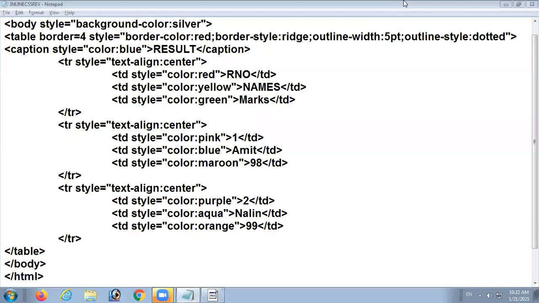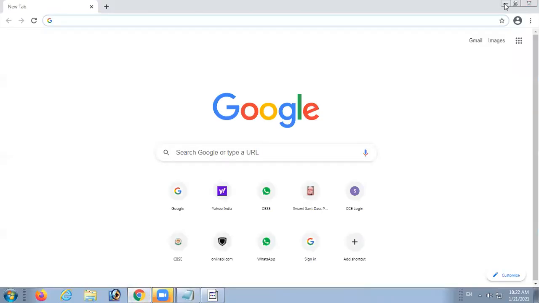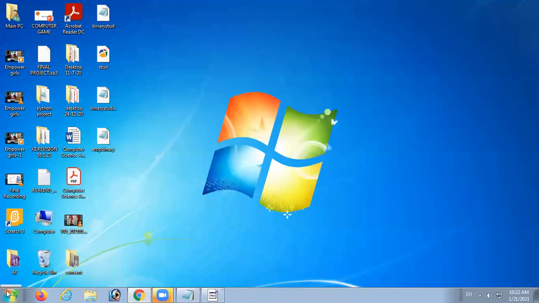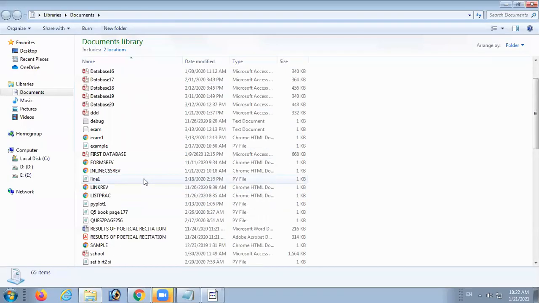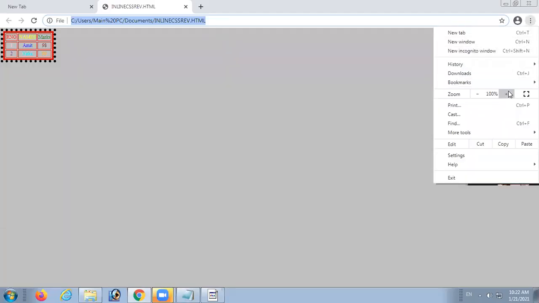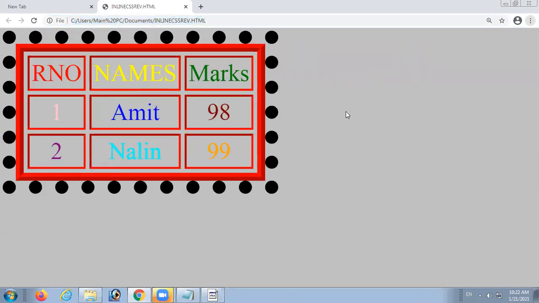See the browser view. Stop your gossiping, students. See, this is the browser view.